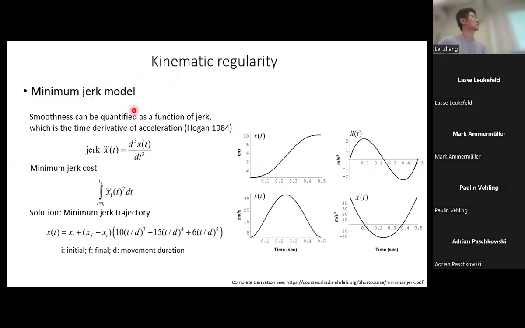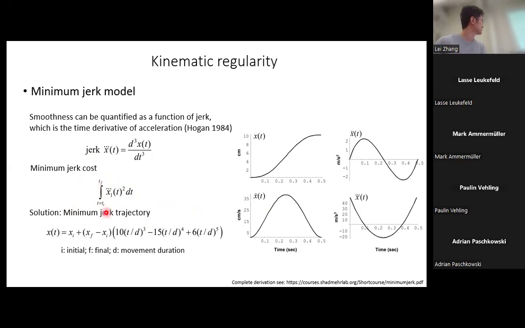So jerk is the derivative of the acceleration. Here you have x, which is the position, and then you have the velocity. Then taking the derivative, you get the acceleration, which is biphasic, and then you take another derivative. It's called jerk. And if we define a cost function as the square of the jerk, and then we use an optimization method to